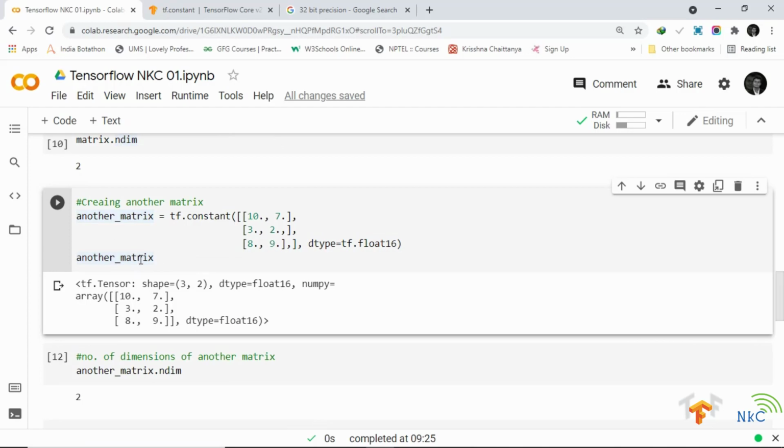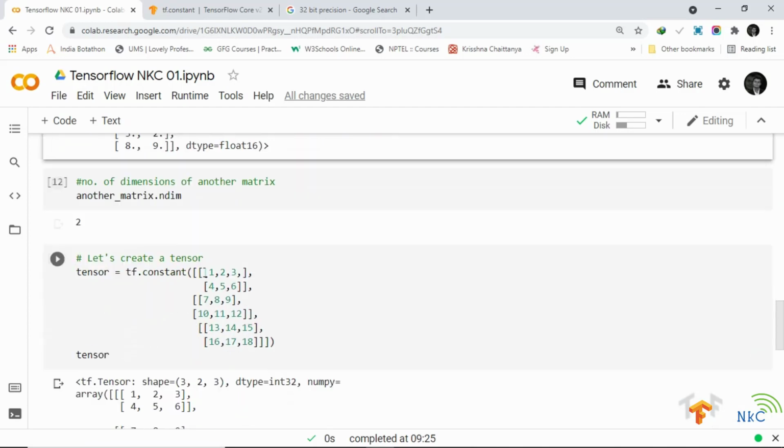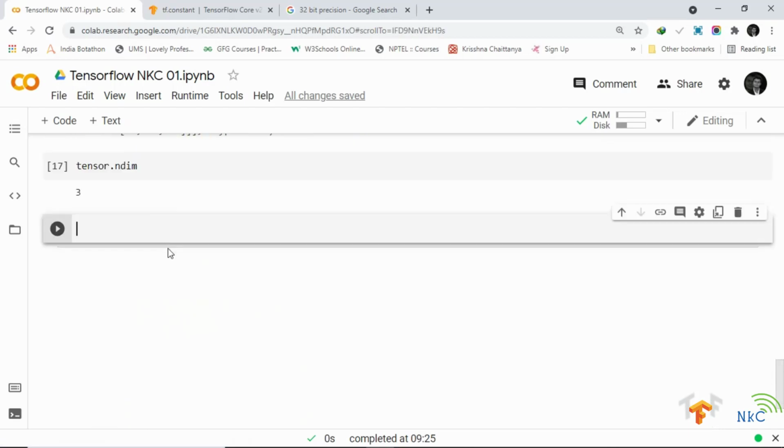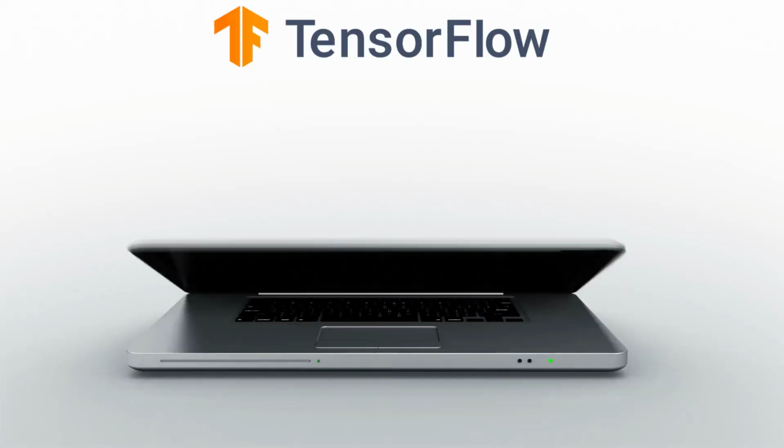We are going to constantly refer to them as tensors. So if you're getting confused when I say matrix or tensor, chances are it's the same thing throughout this course. Okay, we'll see you then.